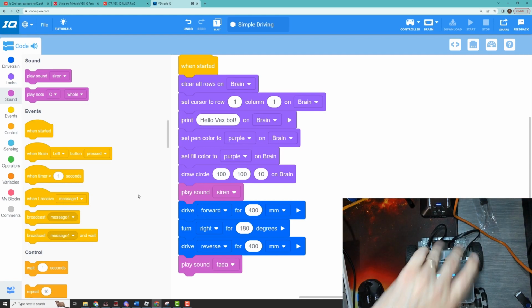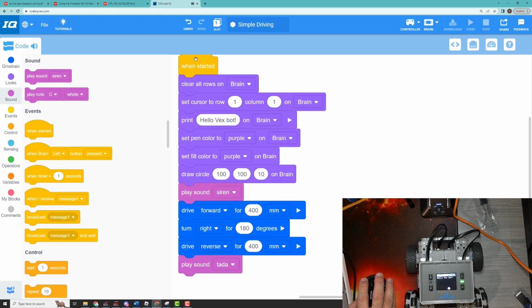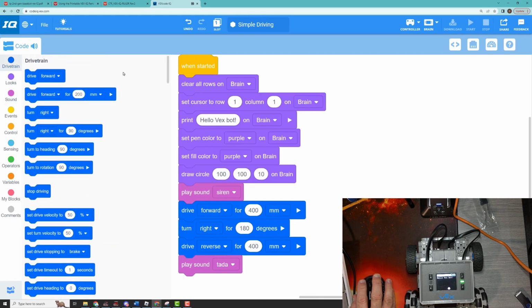Anyways, here's what I encourage you to do. Start experimenting. The best way to learn how to code is just get in there and start experimenting. Set yourself up an obstacle course or something along those lines, and start writing code, and it's the single best way to learn. All right, if you got any questions, just put them down